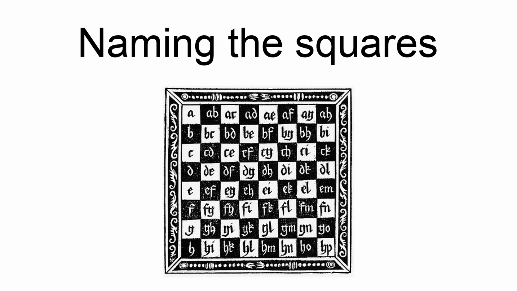Each square of the chessboard is identified by a unique coordinate pair, a letter and a number. The vertical columns of squares, called files, are labeled a through h from white's left, the queen side, to right, the king side. The horizontal rows of squares, called ranks, are numbered 1 to 8 starting from white's side of the board. Thus each square has a unique identification, a file letter followed by a rank number. For example, white's king starts the game on square e1, and black's knight on b8 can move to open squares a6